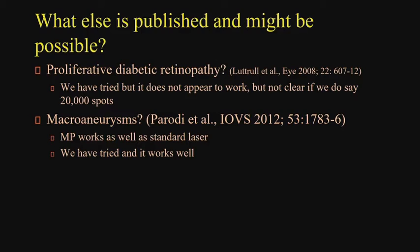So again, I have talked to a lot of people for some time now that, when you've got like 10 groups around the world publishing it, then you say, yep, it works. When one guy publishes it, and then 4 years later, still no one else repeats the result, I mean, it could be fair. You could be the first one. And to be fair, after our first micropulse laser paper, it was 2 years before someone else published the second result, and then more and more results came out. But 4 or 5 years later, if still no other people have published it,